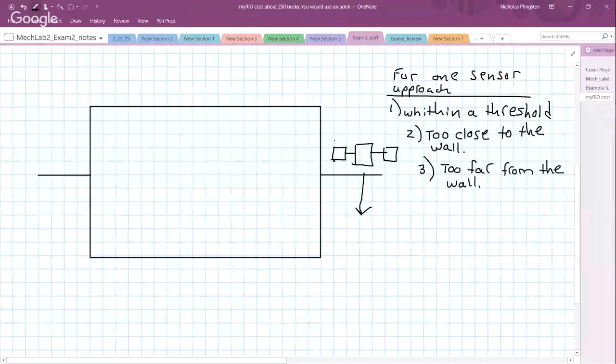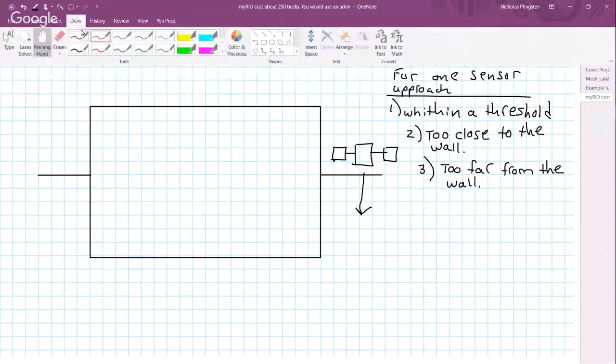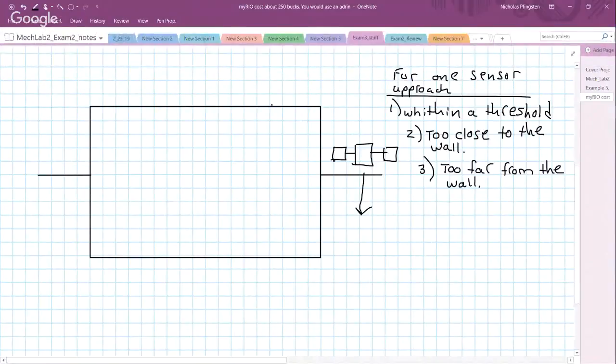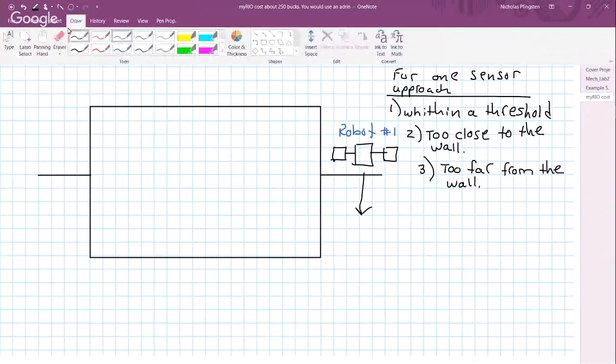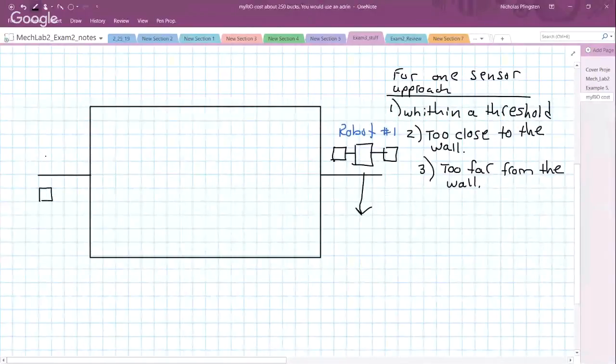The other popular approach for this activity: let's say that robot number 2 here has the 2-sensor approach. So this guy has 2 sensors. One gives me a measurement that's here, another gives me a measurement that's here. I've seen both approaches in competition. With the 2-sensor approach,